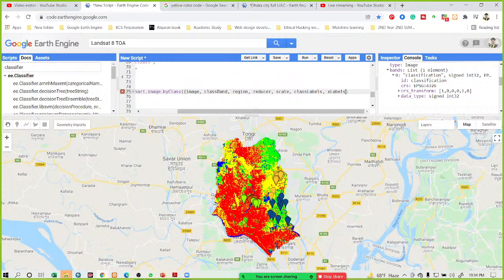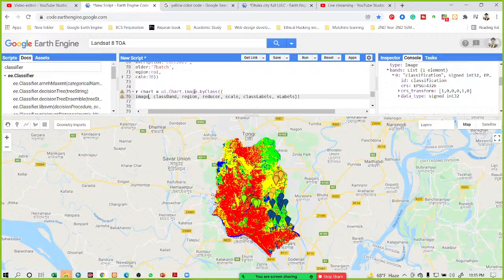So in this time, first of all, image. This keyword value is that classified image. Okay, so it comes from the classified image, but in this time I want to calculate the area. When you calculate any area from the pixel value, so this is the pixel value, I want to calculate the value from the pixel, then you must use here the earth engine image